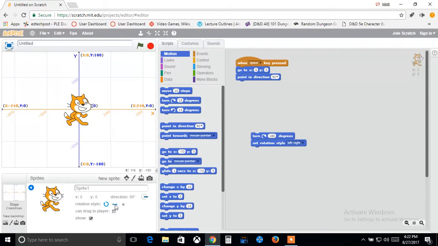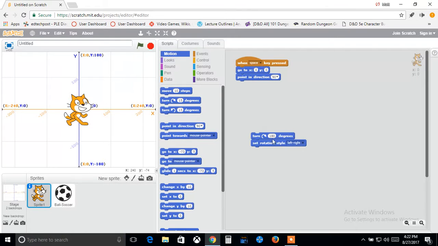What this does is it means it rotates from right to left, so this time when you do 180, instead of just turning him, it will actually face him the opposite direction. So at that point you can do move steps, 50, and it will move him in that direction. To get it back to the opposite direction, you can just click it again. So that will cause it to rotate back and forth like that instead of